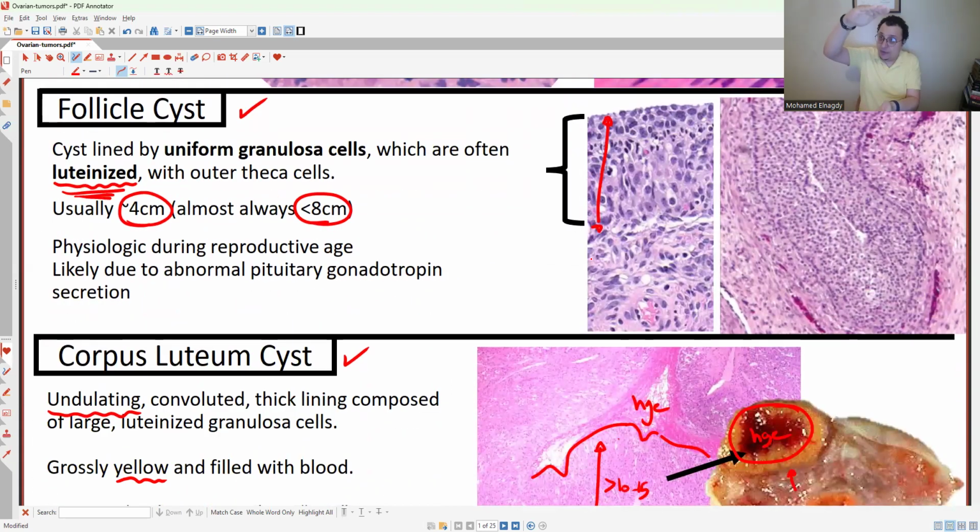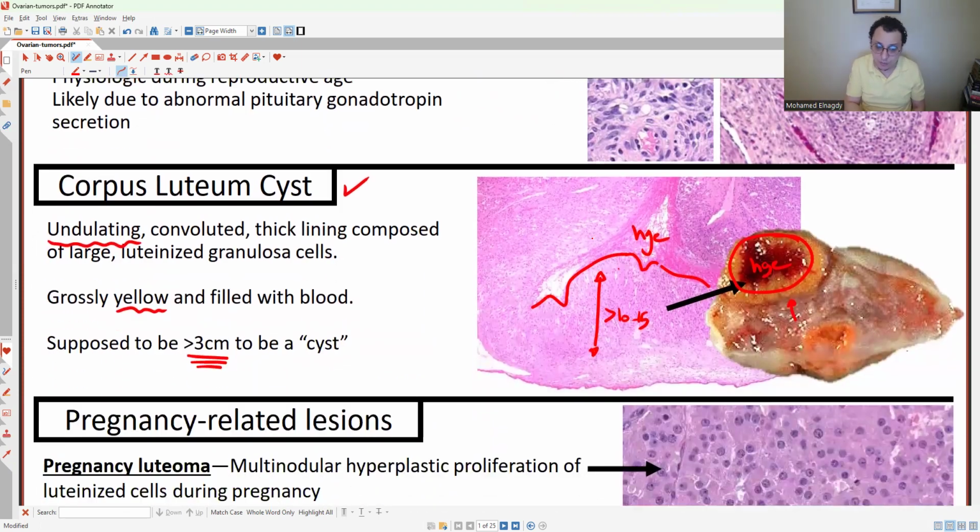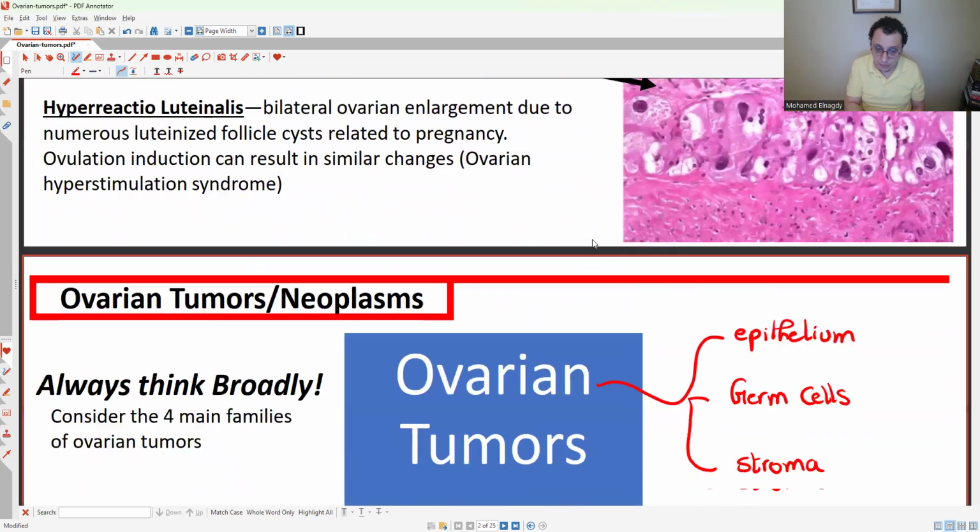However, as you see stratified lining, see how thick the stratified lining is. It's very, very thick with undulations and hemorrhage inside the lumen. That's hemorrhagic corpus luteum cyst. Or is it just less stratified with no hemorrhage inside, and you just see the epithelial lining of bland, benign looking epithelial lining with some focal luteinized cells? This is follicular cyst, and the other one is hemorrhagic corpus luteum cyst. Okay,